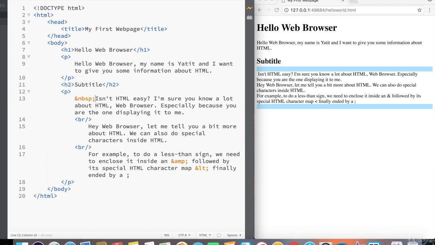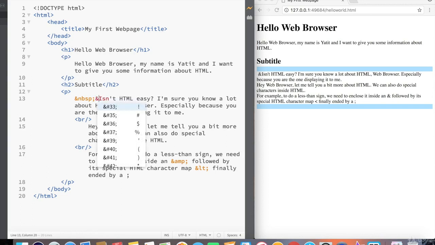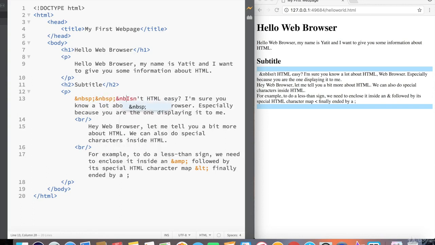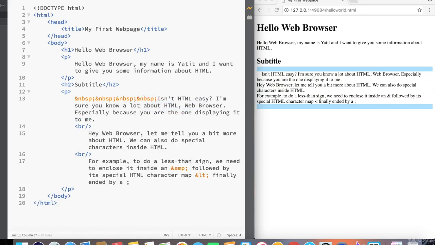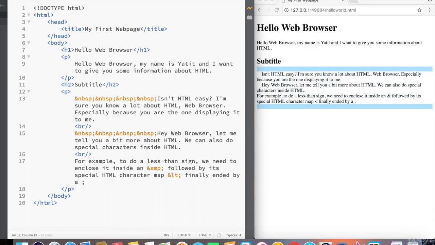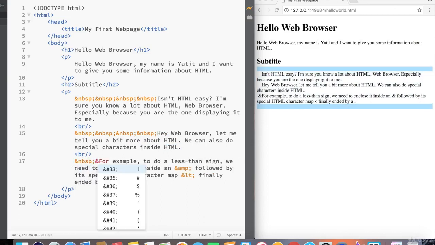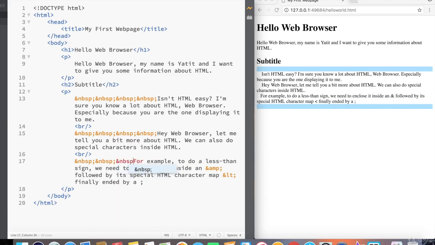So now we can just repeat this. I'm actually going to type it out just so that you have practice. &nbsp; &nbsp; &nbsp; 4 spaces is plenty. And then, again, for this next paragraph, &nbsp; &nbsp; &nbsp; Oh, fourth one, &nbsp; And again, finally, &nbsp; &nbsp; &nbsp; &nbsp;